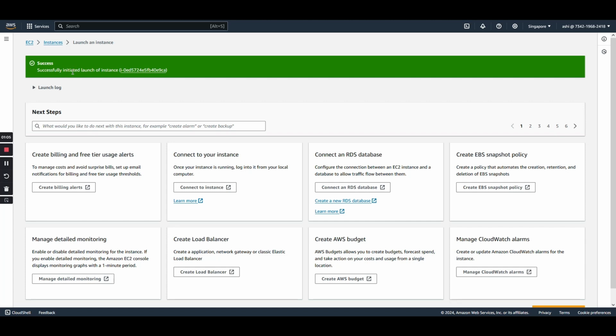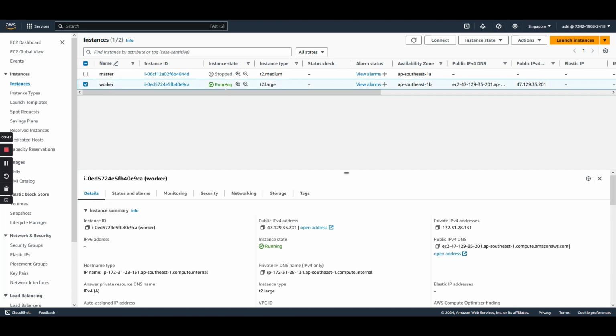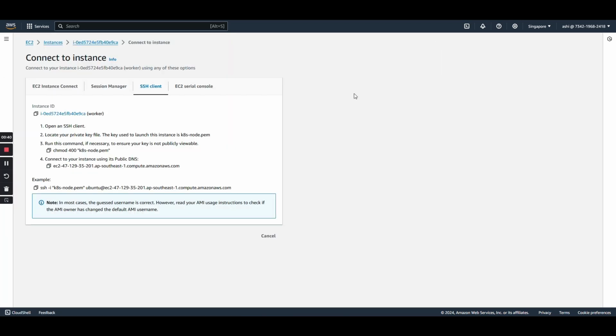It was created successfully, and then I go to the instances part. I can see the worker node is pending creation. After a few seconds, it will change the state to running, and like the master node I showed, we can connect to the worker node. As you can see, it's running now, so by clicking on connect, use this command